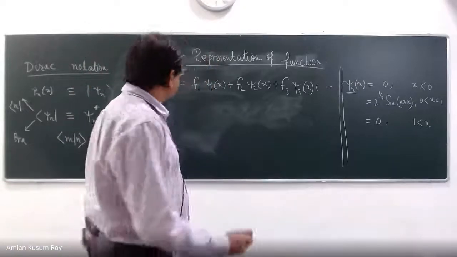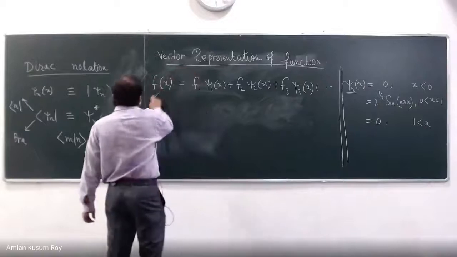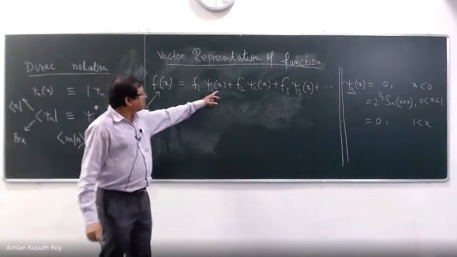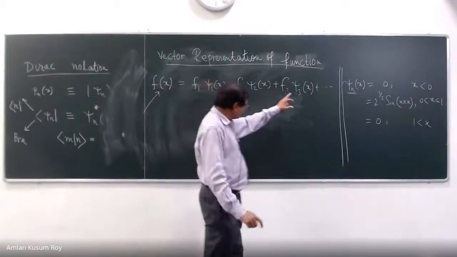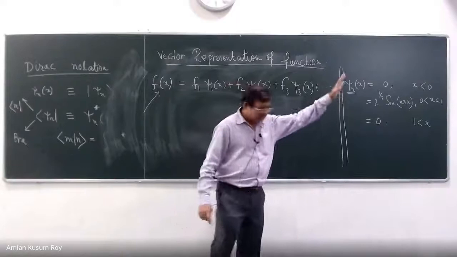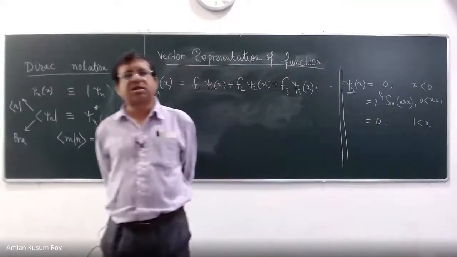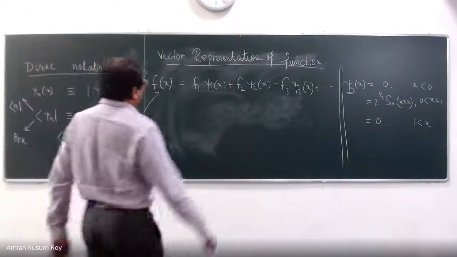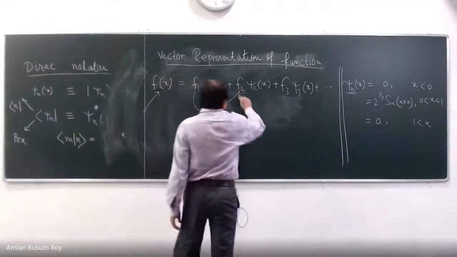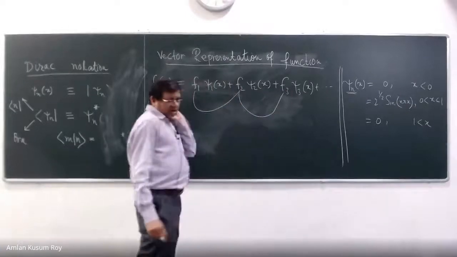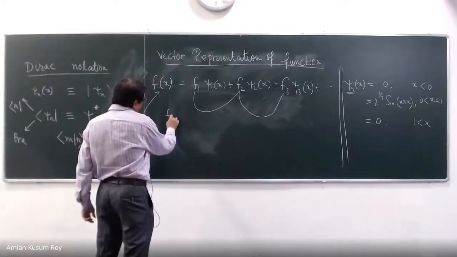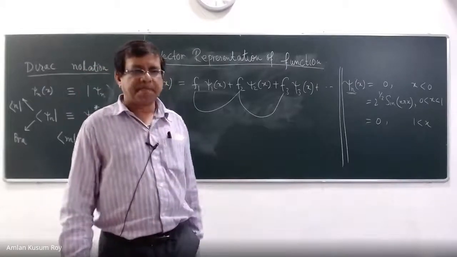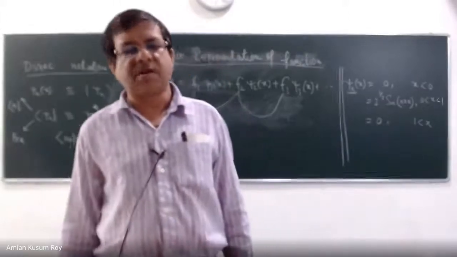Why? I said that this is any arbitrary function. What about this? And where is it going to end? Ideally the sum is of infinite terms, first of all. And what are these? F1, F2, F3, and all these Fn. So I can give a general name Fn. The Fn's are the coefficients of the function.